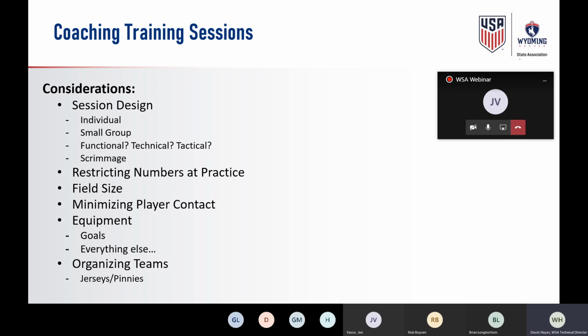Restricting your numbers at practice, difficult one. If you're coaching 2 age groups, you definitely want to consider splitting those 2 sessions if you maybe did them together. So you don't have 30, 40 kids at practice or on one field at one time. Consider your field size. You want to make sure that you have some level of boundary around your field. If you're coaching younger age groups, below U10, but below U11 maybe, you definitely want to make it clear to parents where they can stand in relation to your field size,